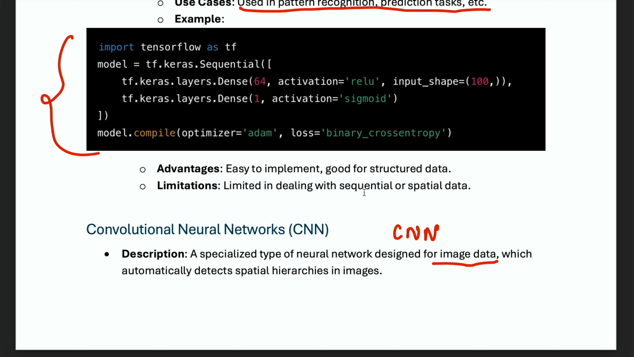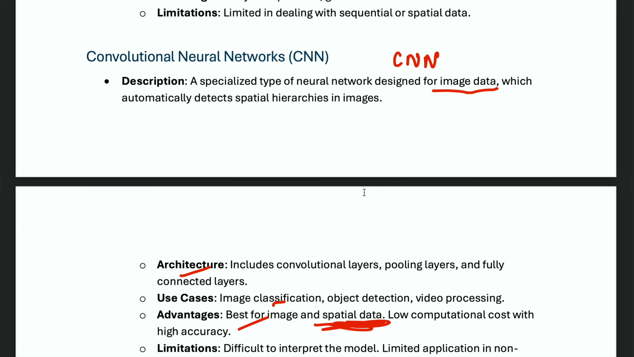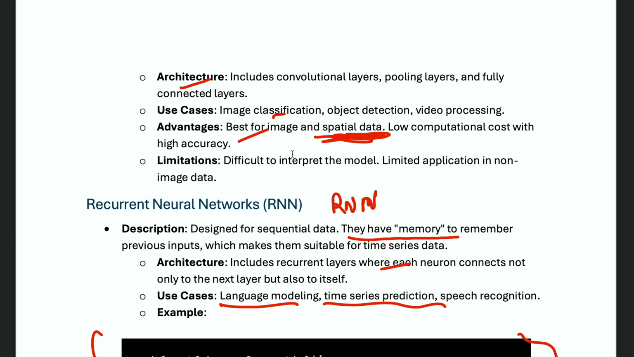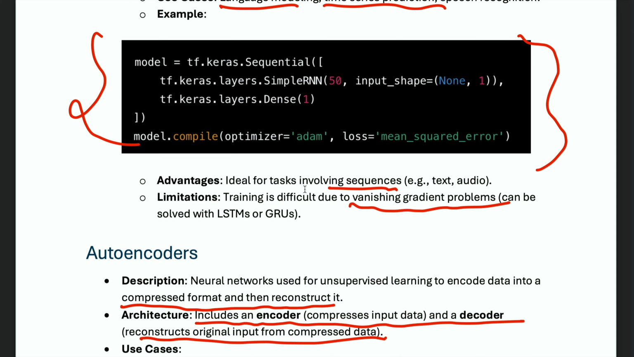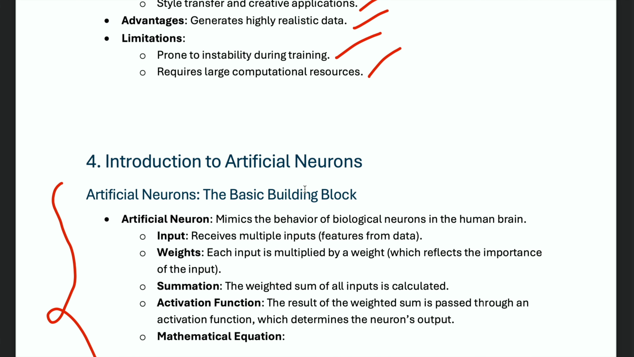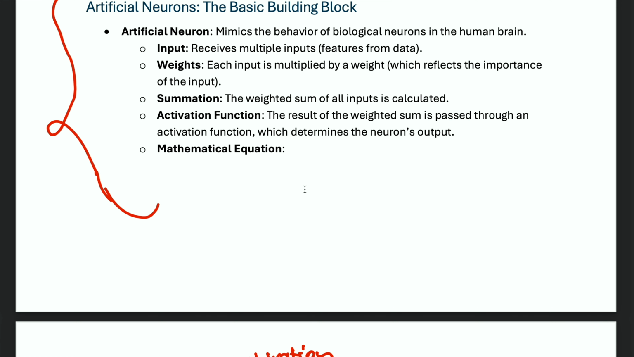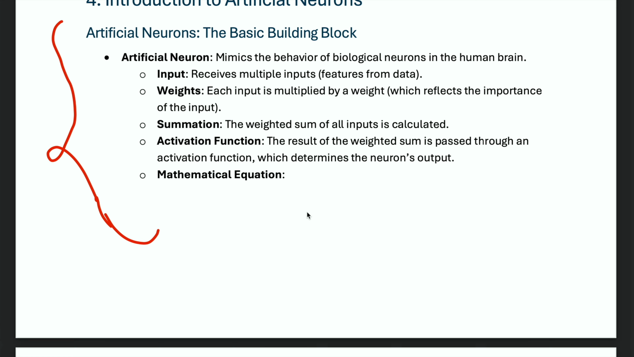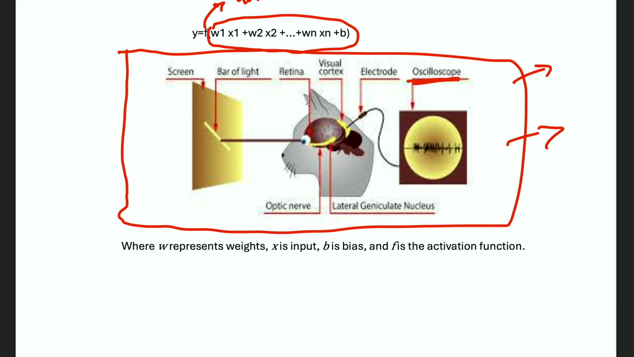We didn't do live coding. So in today's lecture we will be doing live coding also. We have seen convolutional neural networks, their advantages and limitations. All these things are covered. We have seen autoencoders also, and our introduction to artificial neurons, and we have also seen this diagram